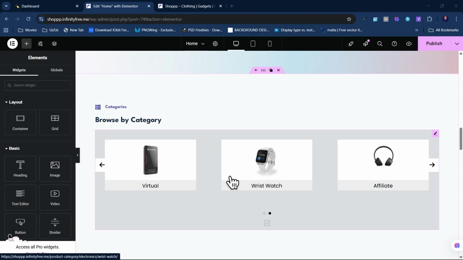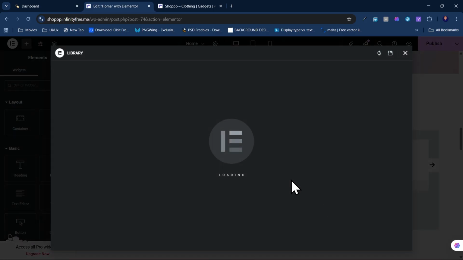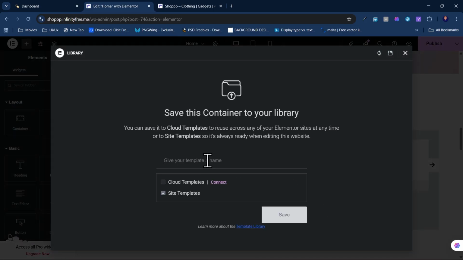All right, so how you save this as a template and import it on another page is by going right here and right clicking, and then here you can see save as template. I'm going to click on it, and here you are going to give it a name. So I'm just going to give it a name of